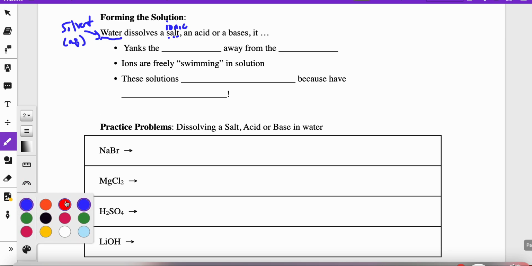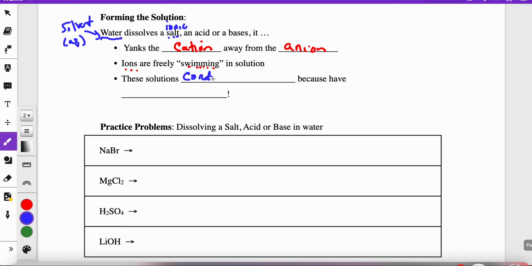So what happens is that when you dump a salt, an acid, or a base into water, the water will yank the cation in that salt, acid, or base away from the anion. So it separates the ions. The ions go from being held in fixed positions in their crystal lattice to being able to swim freely. So they're swimming in the solution. And these solutions, because of these freely swimming or moving ions, conduct electricity